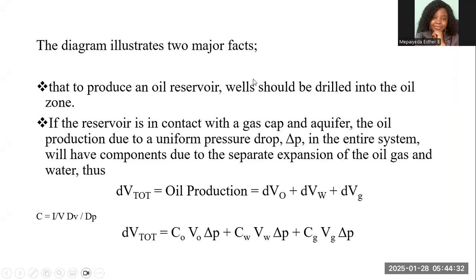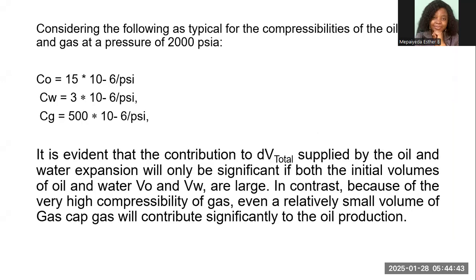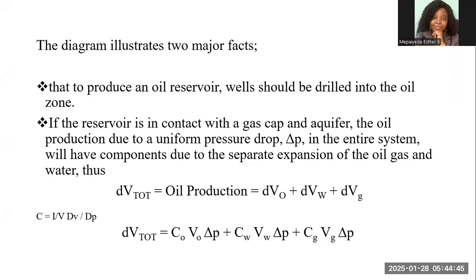So the diagram which I just showed us illustrates two major facts. The first is that to produce an oil reservoir, a well should be drilled into the oil zone. You don't want to produce oil from your reservoir and then drill into the gas zone. You want to drill into the oil zone. Okay. And then secondly, if the reservoir is in contact with a gas cap and aquifer, the oil production due to a uniform pressure drop, that's the dP, in the entire system,